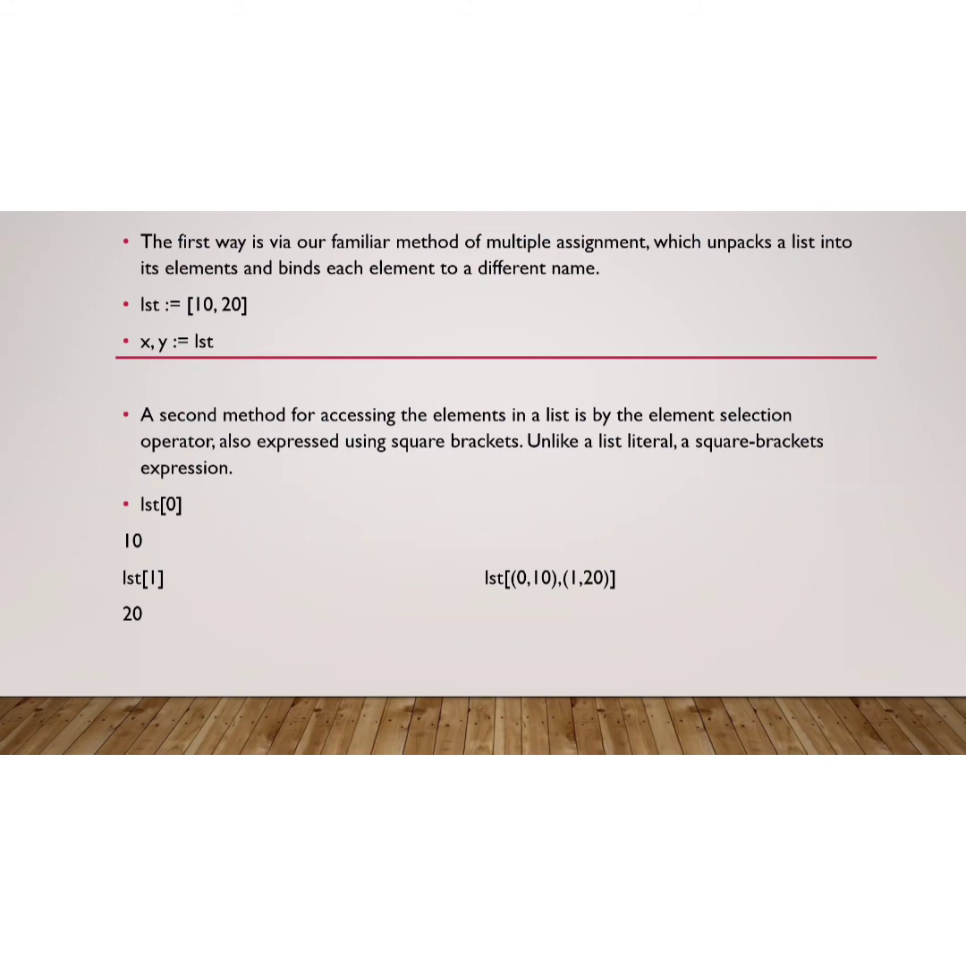For example, let us say this example, list is equal to 10, 20. Okay, list is equal to what? 10, 20. Okay, list of values 10, 20. X, Y are variable names equal to list. Okay, so the value 10 is stored in the variable X, the value 20 is stored in the variable Y. Okay, so each value is bound to a different name. This is the first method. Okay, the second method for accessing the elements in a list is the element selection operator,